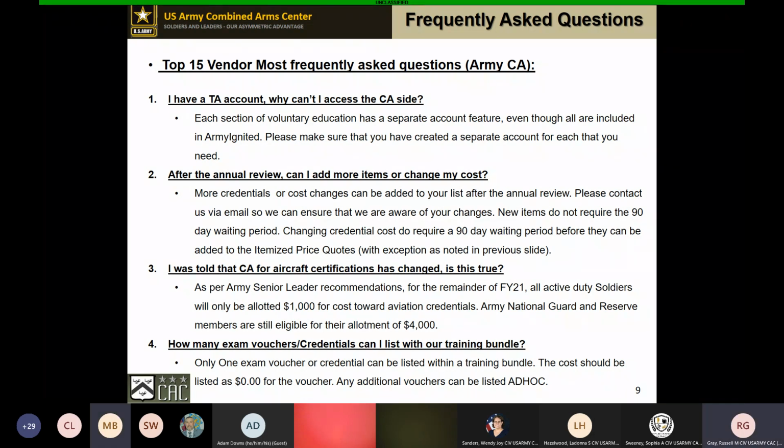Okay, so we currently, and I actually manage multiple different vendors. So we each have a letter that specifically states their name, their start date, and the cost of the course that matches what we have listed in Army Ignited. However, that doesn't have an itemized. It just has the overall course, which we only charge an overall.